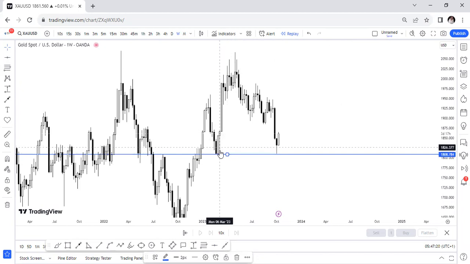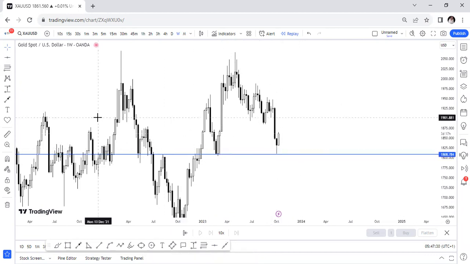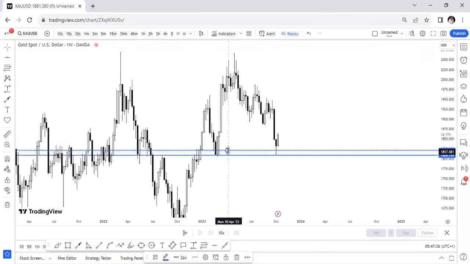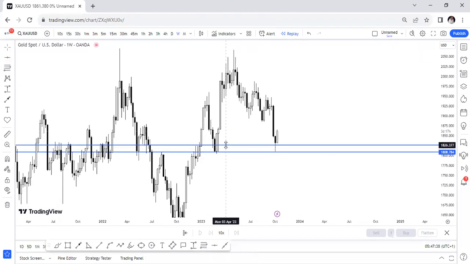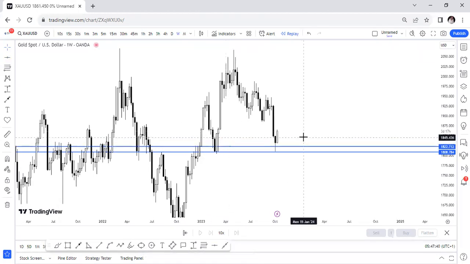Yeah, right? It got touched, tapped into, okay? Tapped into it again. That is one. We got this on weekly, right? Then if you go to daily,